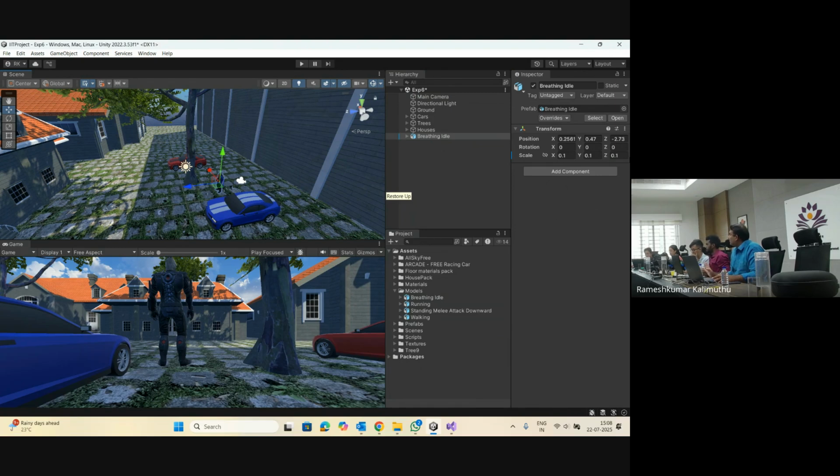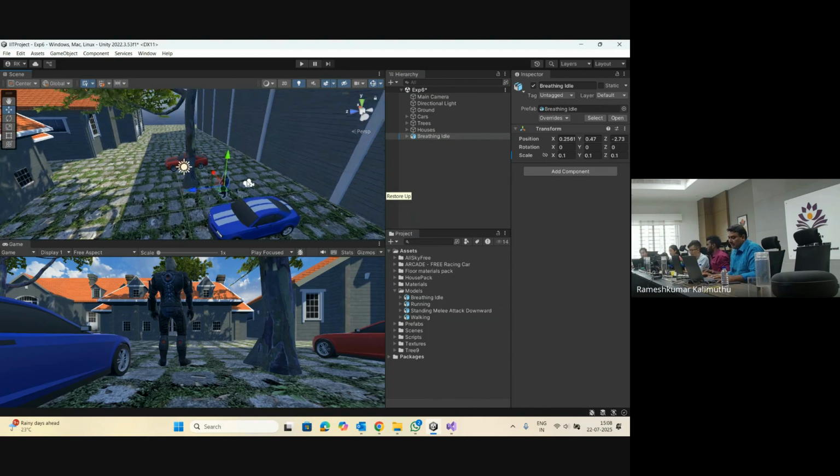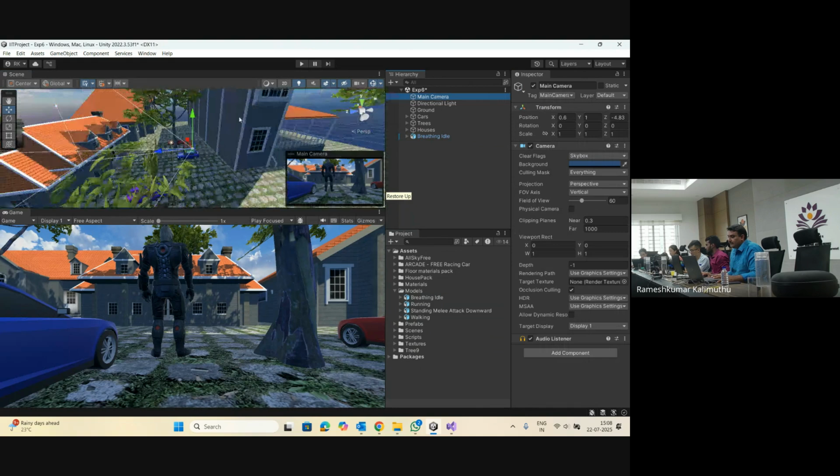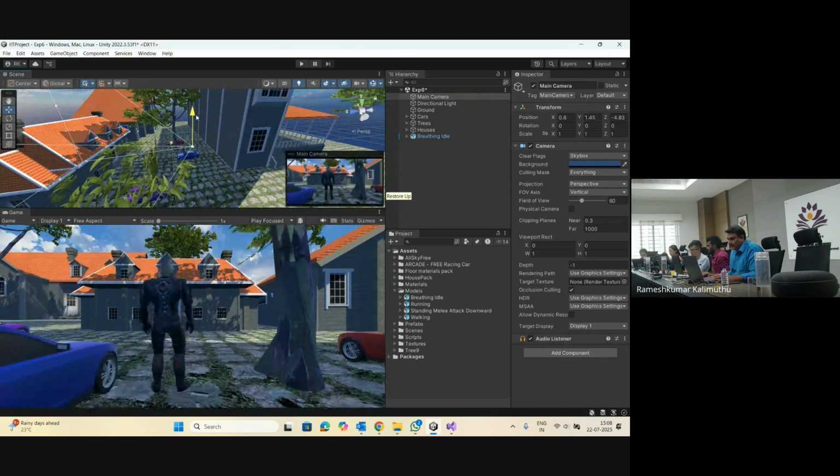But in your case, you guys don't reduce the size of the object. It will be exactly 1, 1, 1. Don't make any changes on your character, because you have seen how big it looks. So that is why I have